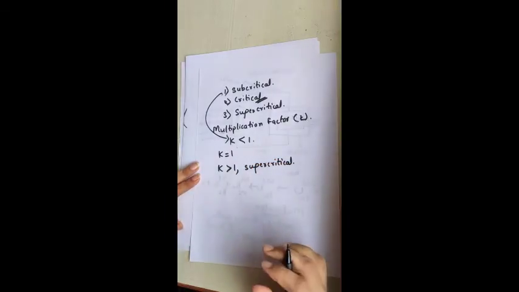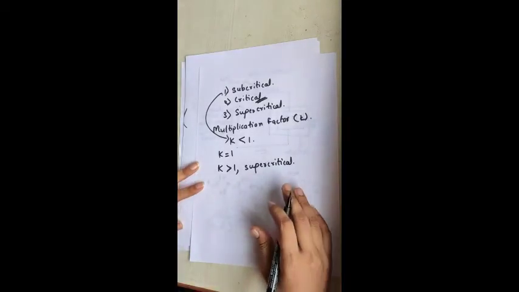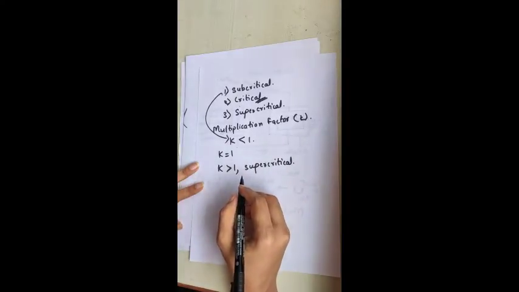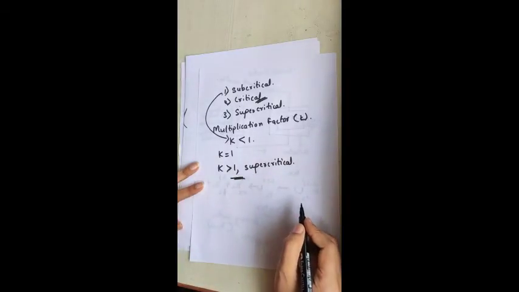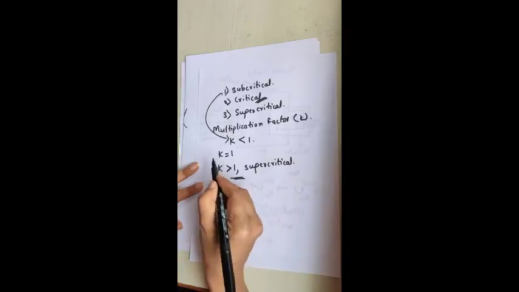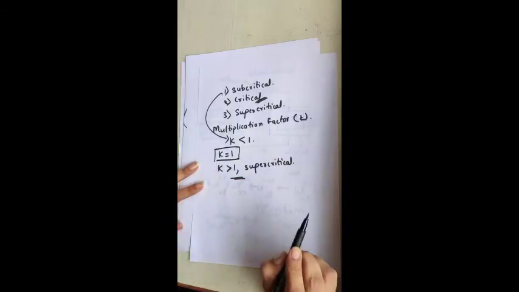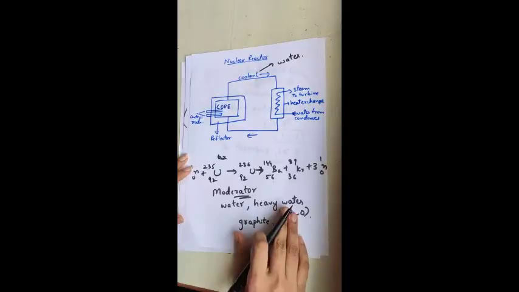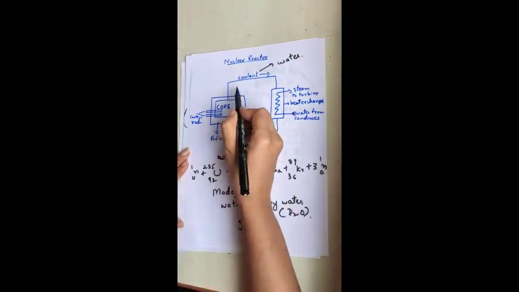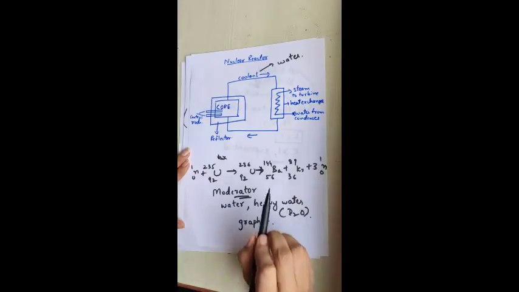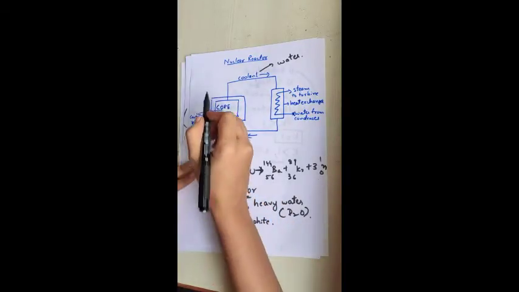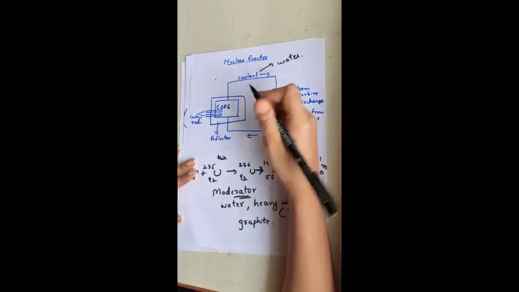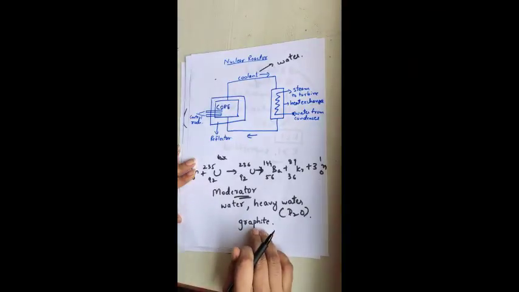That means the reaction rate is very high and there are chances that the nuclear reactor gets exploded. So we should not allow the nuclear reactor to reach this stage where K becomes greater than 1. The functioning of the nuclear reactor takes place when the multiplication factor K equals 1. As I told you, the heat generated due to the continuous reaction is removed by using coolant. Usually water is used as a coolant, and other than that there is a large shielding surrounding this entire system in order to prevent the radiation generated inside from coming out of the reactor.